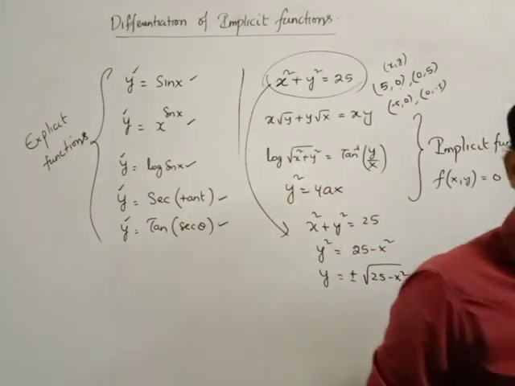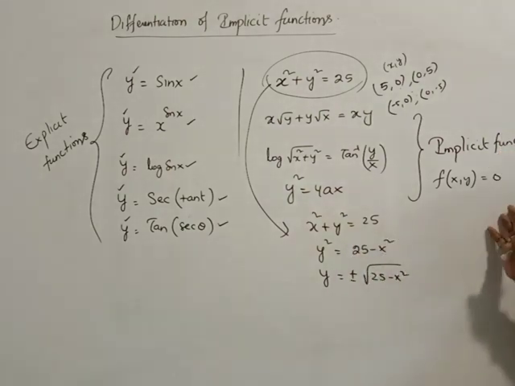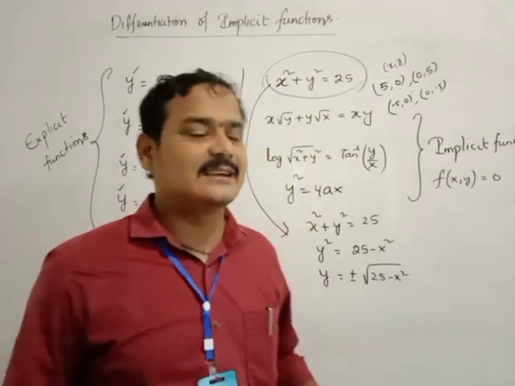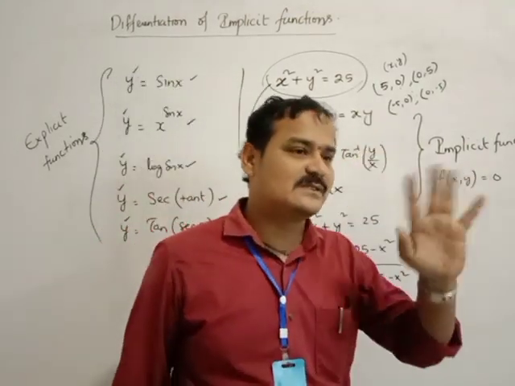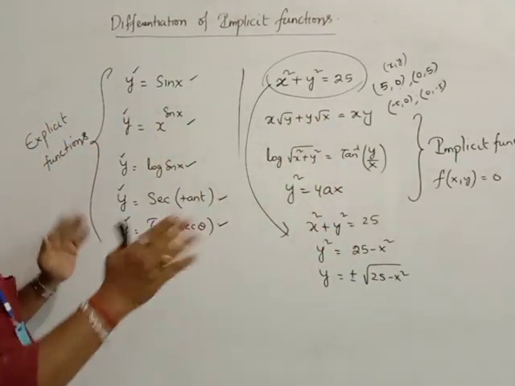What is the definition of implicit functions? If the function is in the form of f of x comma y is equal to 0, such functions are called implicit functions. Not only that one condition; the other condition is that if you want to convert the implicit function to the explicit function, it will give more than one function. That is called implicit functions. Think clearly: an implicit function is a combination function of x and y totally. An explicit function is separate functions of x and y.